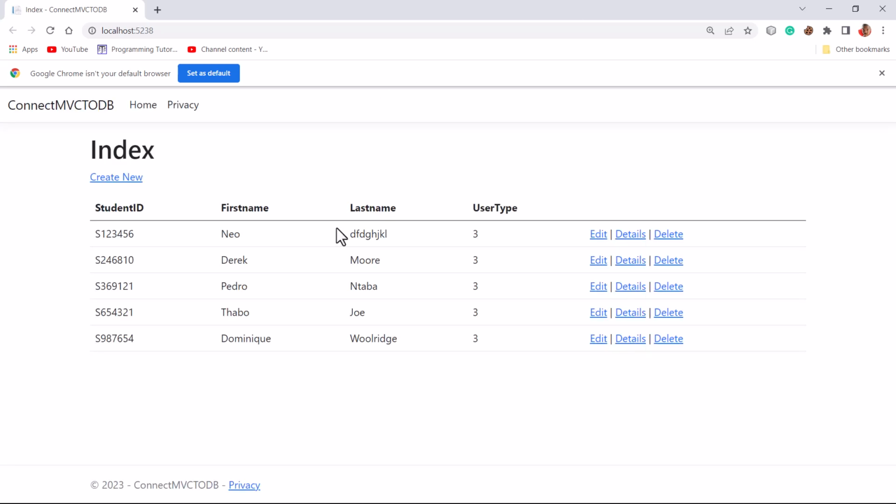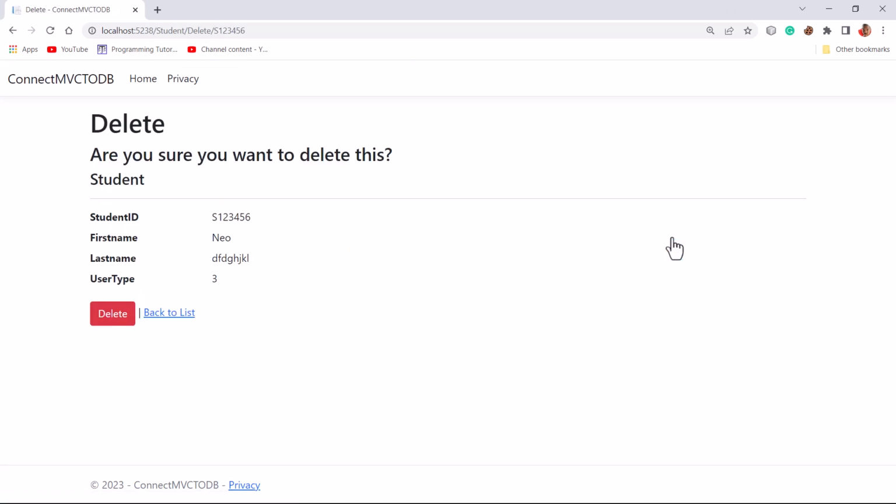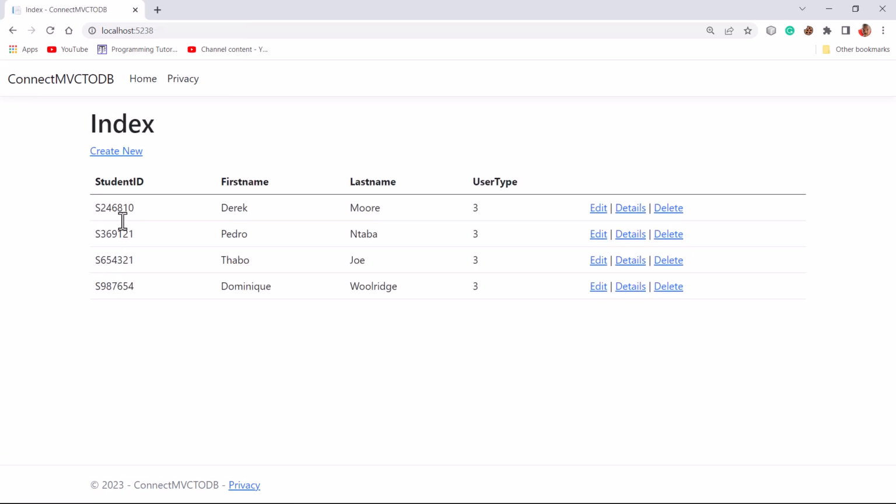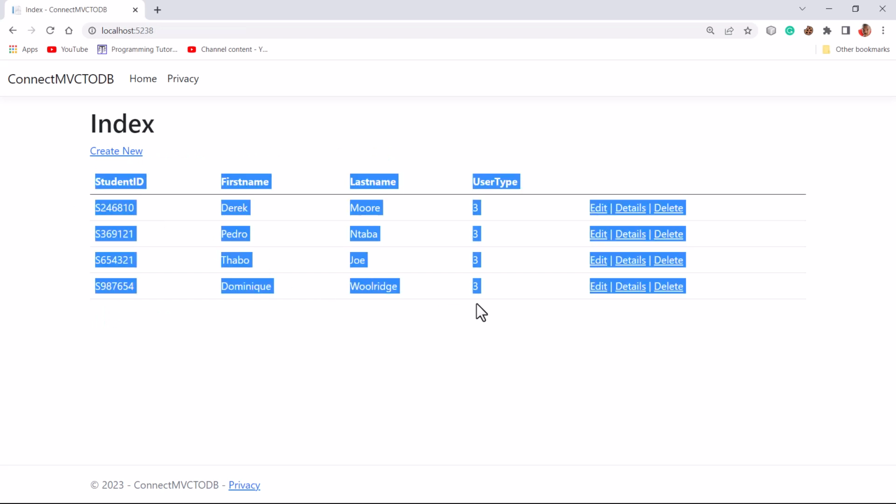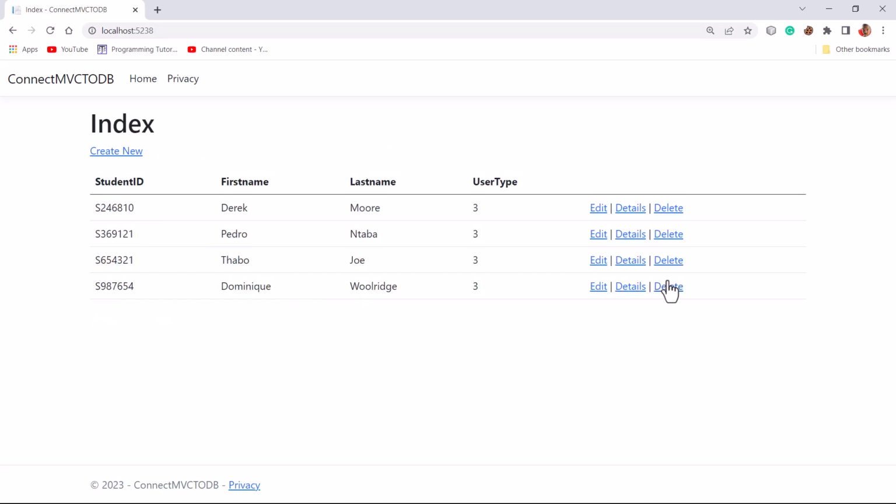Okay, let's try to delete. Alright, so the delete operation is complete. So if I delete the last one, or let's say the second one,